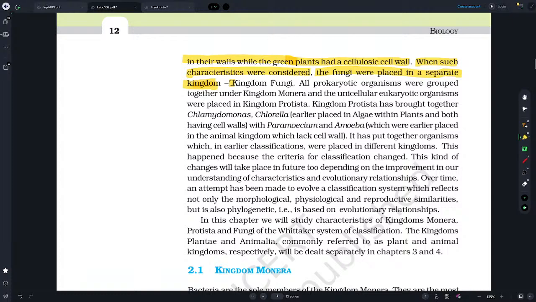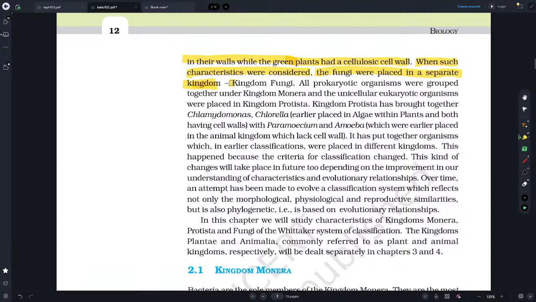In Linnaeus' time, a two-kingdom system of classification with the kingdoms Plantae and Animalia was developed that included all plants and animals. This system did not distinguish between eukaryotes and prokaryotes, unicellular and multicellular organisms, photosynthetic and non-photosynthetic organisms. Classification into plants and animals was easily done and easy to understand, but a large number of organisms did not fall into either category. Hence, the two-kingdom classification was for a long time found inadequate.